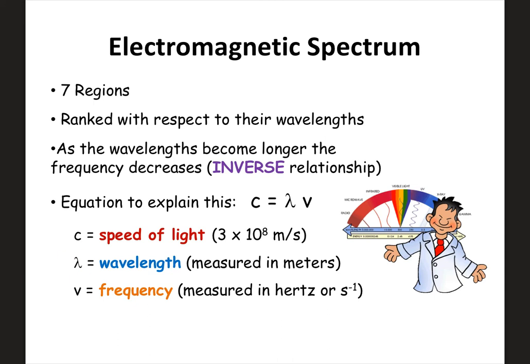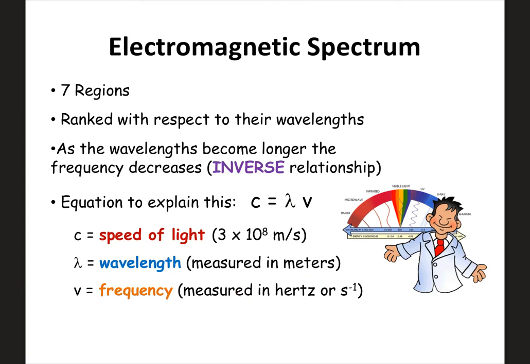This symbol here represents wavelength. It must be in meters in this equation. If it's not in meters, you might have to convert it. All right, you've got to get it to meters here. And then this V, it's not actually a V, it's a Greek letter representing frequency, and that's got